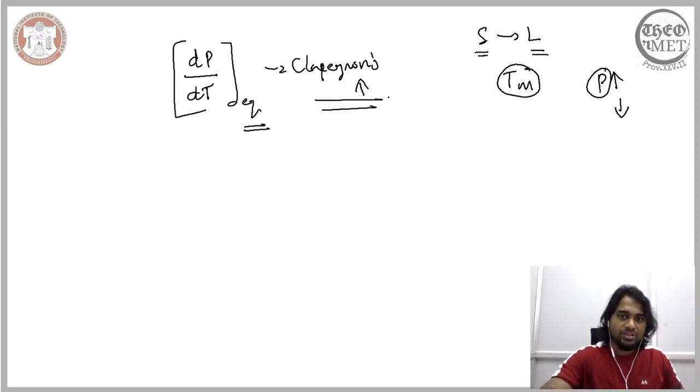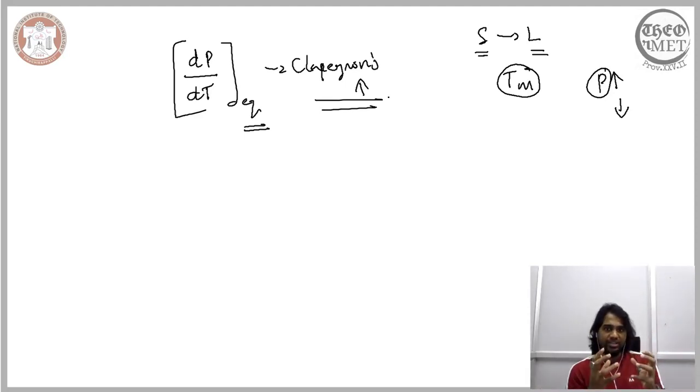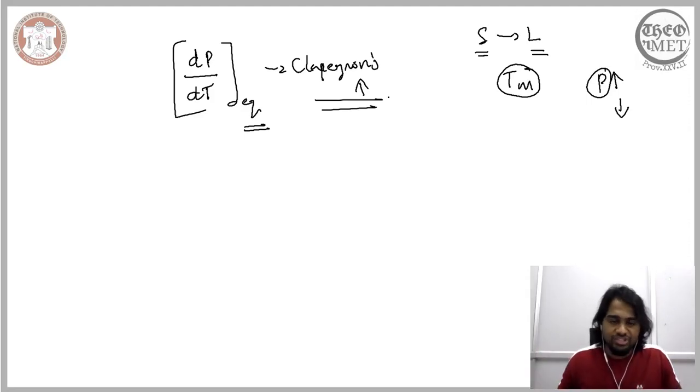So Clapeyron's relation helps us understand the equilibrium condition between the two phases and how it changes with the change in one of the two variables. The Clapeyron condition is focused on these lines, and we are understanding how they change. It helps us understand how a given equilibrium condition changes when one of the variables changes.